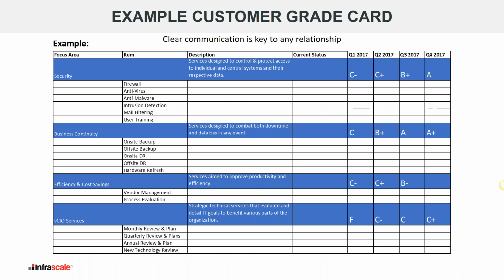The next would be looking at the customer grade card. At the end of the evaluation, you would be able to say, hey, at least in security and business continuity, you're not passing. And we don't take customers unless they're passing, because passing means that we have the tools available to do our job so that we can guarantee that your business is going to be running. All the efficiency and cost savings and cool new productive tools, none of that matters if your business doesn't run. And we just don't take customers where we can't guarantee that.